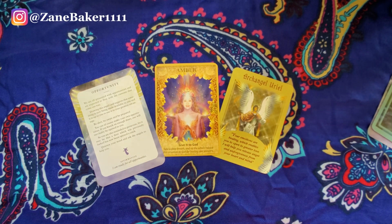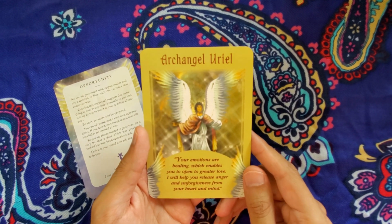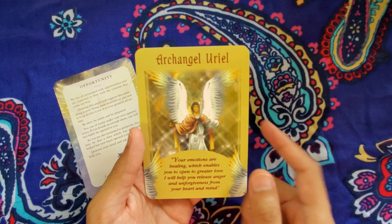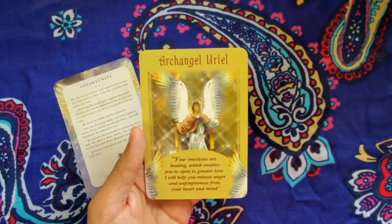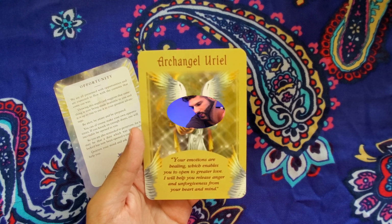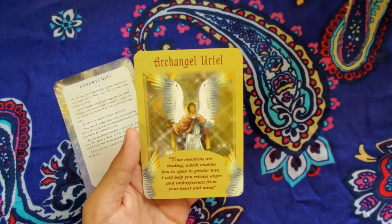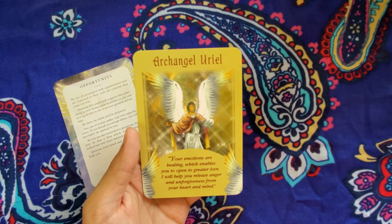So for you, pile number 1, what I'm getting, especially since Archangel Uriel is the first angel that came for you, is that there are some hurt emotions and some negative emotions that you are experiencing. Sometimes when we go through hardship or heartache, we don't know how to address these emotions, so we just shut down and feel sad, upset, negative, and a bunch of other emotions that sometimes we can't even put a name on. Now, the good news here is, since this is the card that appeared for you, pile number 1,